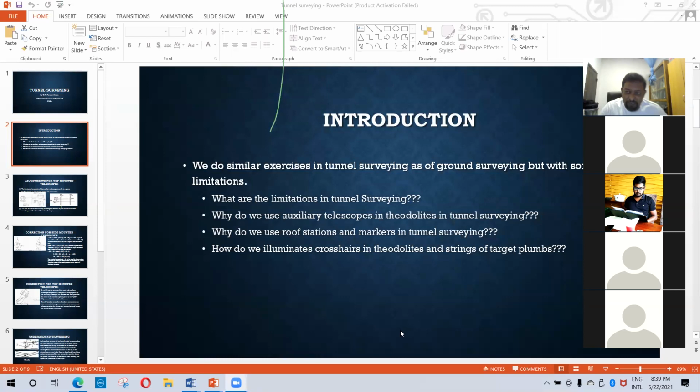Now in modern surveying, there are illuminating targets, right? So you don't have to worry much about such techniques. Even the instrument possesses lights, right? The theodolite itself has lights. Now these are very old techniques, but these are the fundamental techniques. That is why I asked that question, right?